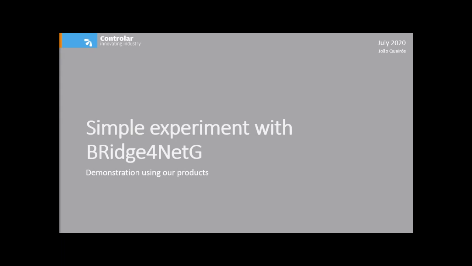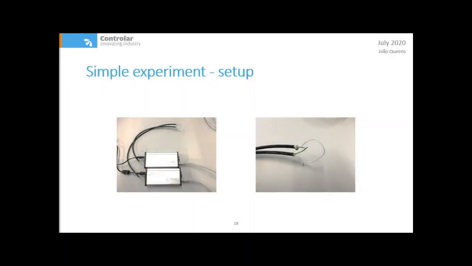Next, I'll show a very simple experiment that I conducted with our more recent products. I'll use unmatched data plus and data minus lengths on an Automotive Ethernet connection to trigger communication errors. Using two Bridge4NetG media converters, I connected them together through the Automotive Ethernet interface with a cable that was cut and very badly reconnected. On the 100 base T, the common Ethernet side, one converter was connected to our internal network and the other to my computer.